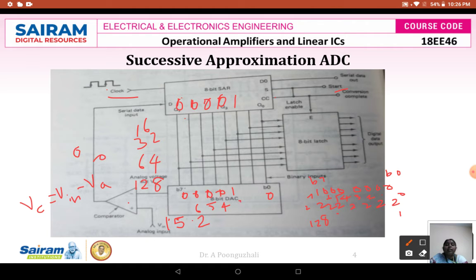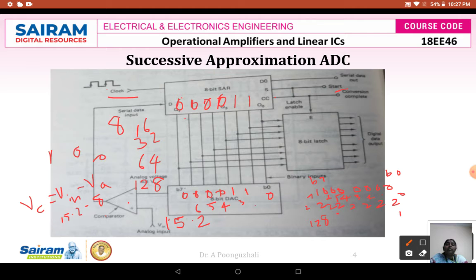That is your 3. So 3 means it is 2 power 3, 8. Here I can see that my 8 is going to be less than 15.2. So here in this case, this is 15.2 minus 8, so that means that it is a positive value. When it is a positive value, my output is going to be 1. So when this output is 1, this bit will be retained as such and I will go for the next bit.